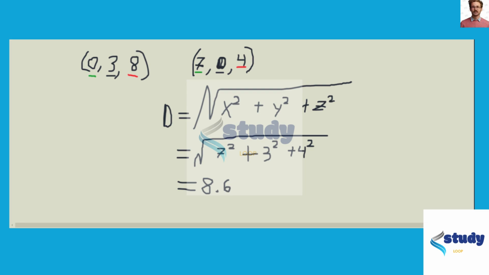Right, so now let's find the midpoint between them. And the midpoint between these 2 points is just the midpoint between every individual coordinate. So halfway between 0 and 7 is 3.5. And you can do that just by 7 minus 0 divided by 2. So the x-coordinate of the midpoint is going to be 3.5. And then 0,